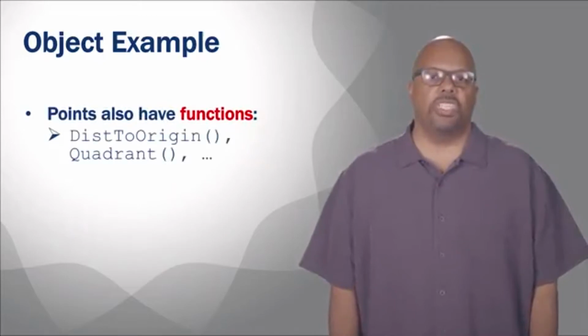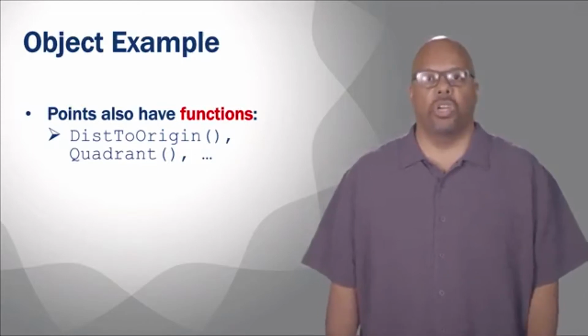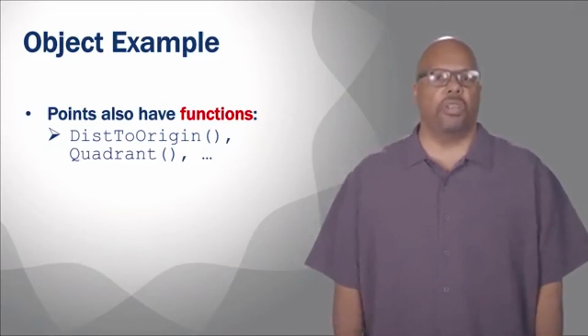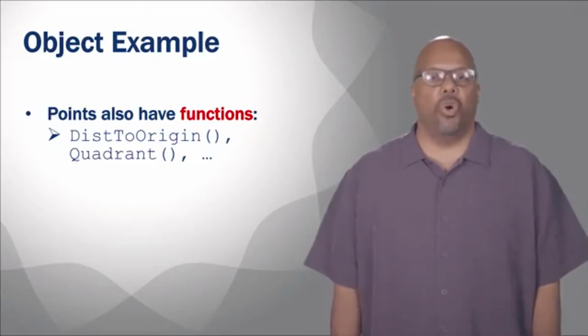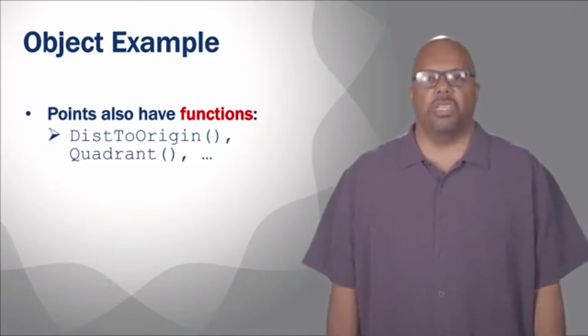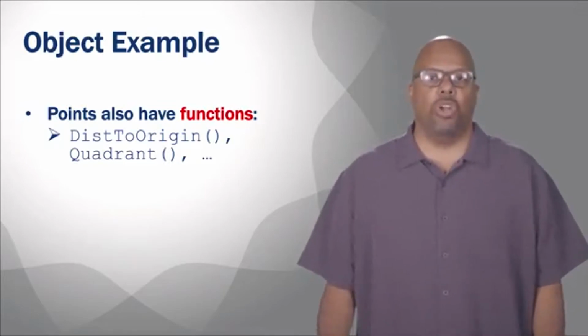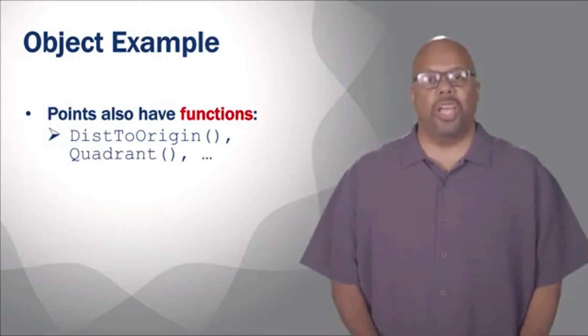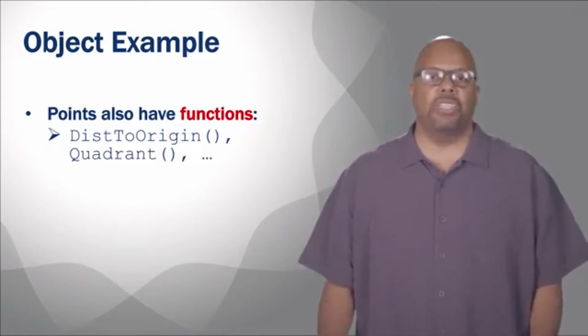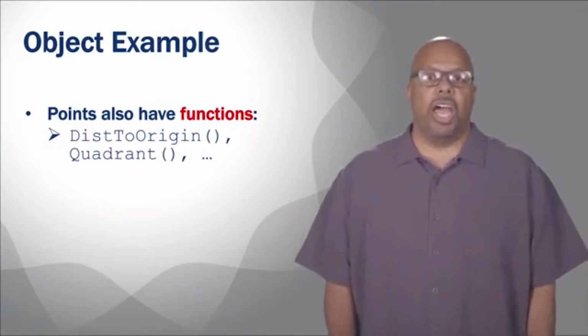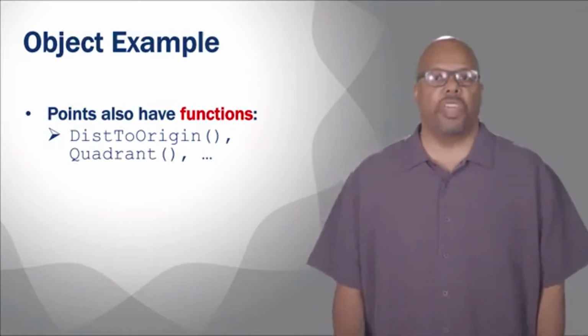Also, points are going to have a set of functions that you can use to operate on points. So distance from origin, right? Maybe every point has a distance to its origin, and you can have a function that computes that. Quadrant, maybe it returns what quadrant the point is in, right? There are a lot of functions you can imagine that work on points. So if I think about this idea of points, I have a bunch of data that I want all related together. I want the X, Y, and Z variables for a particular point to be somehow associated together. Also, I'd like these functions that operate on points to be associated with that too.